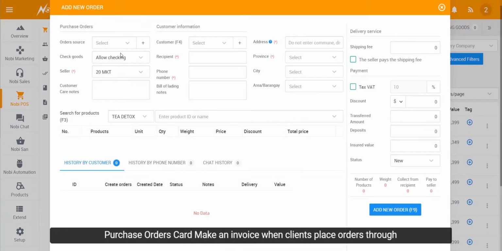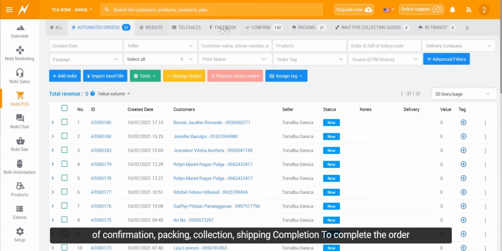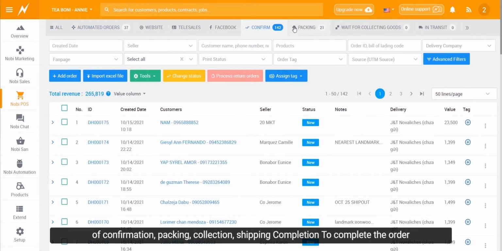Purchase orders card. Make an invoice when clients place orders through channels. You enter the order information into Nobi to subtract inventory and manage revenue, profit, and loss. Order fulfillment. Fulfilling the customer's order. Following the successful placement of an order, you must proceed through the steps of confirmation, packing, collection, shipping, completion to